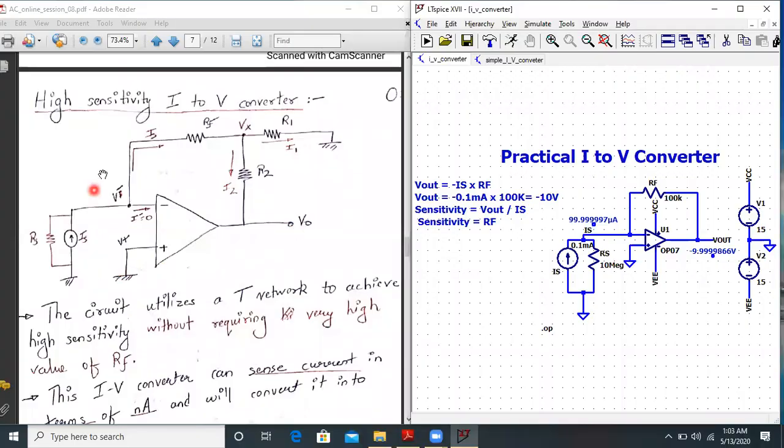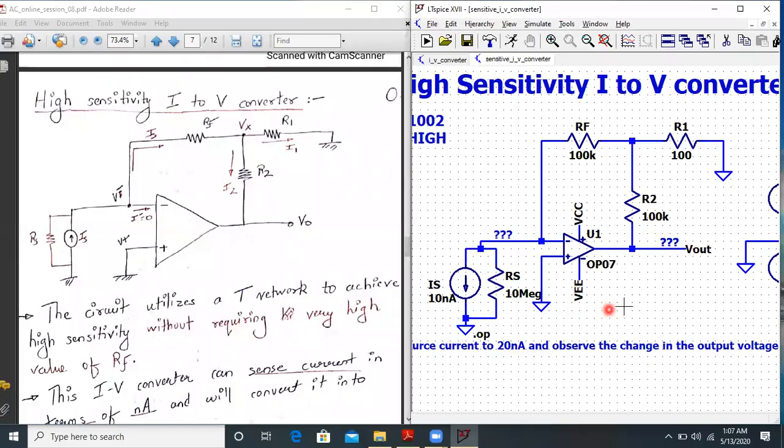We will not go into details of this. In fact, we'll directly take this circuitry and implement it in LTspice and see the results. This is a high sensitivity I to V converter which will overcome this problem of detecting very low currents in the form of nanoamperes. So let us directly build up the circuitry.